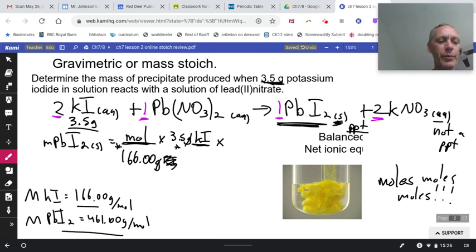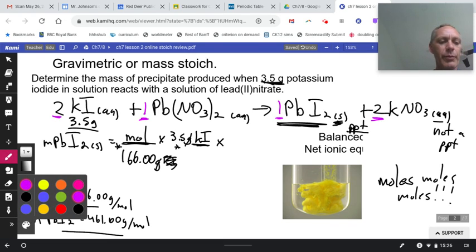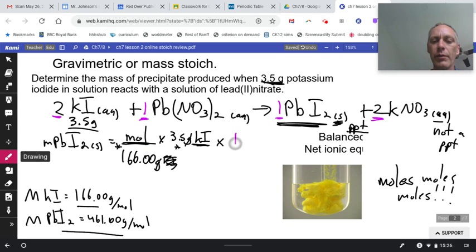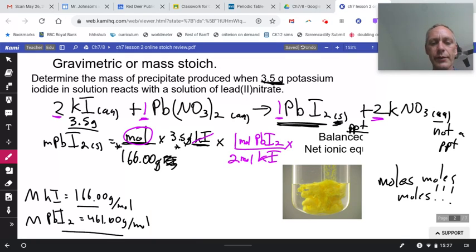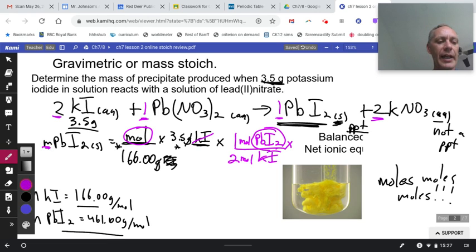I'm going to flip to purple for this since I underline those in purple. So we are looking for 1 mole of PbI2 is formed for every 2 moles of KI that are used up. Okay, so now what can I cancel out? The KI's. So if I quit right now, I have solved for the moles of PbI2, and we want the mass. So my last step is molar mass of PbI2, and that's this